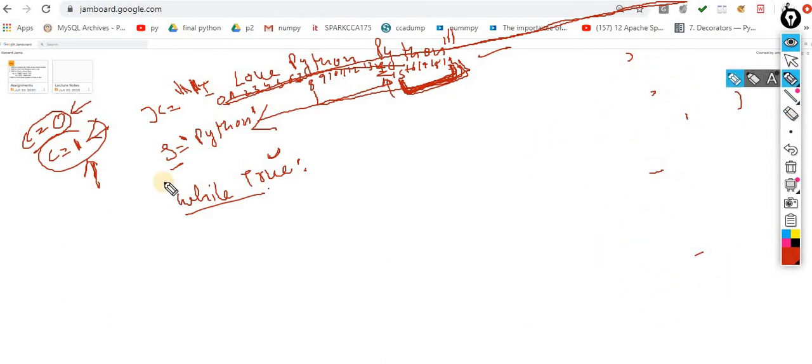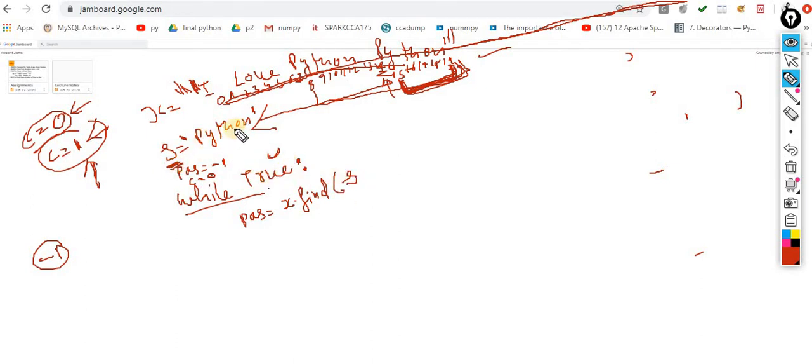So in the starting I am taking position is equal to -1. Now why do I take position equal to -1, understand it. While True, an infinite loop, will never break out. It will break when the system gets -1. And I am taking a counter that is 0. Initially counter value 0. Now position is equal to x dot find. What do you want to find? I want to find whatever is inside s.